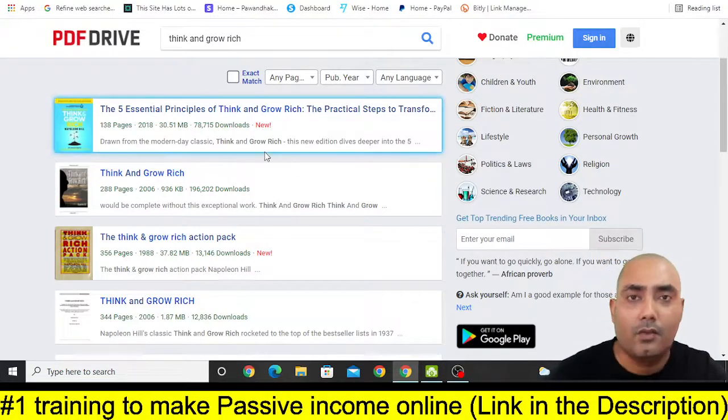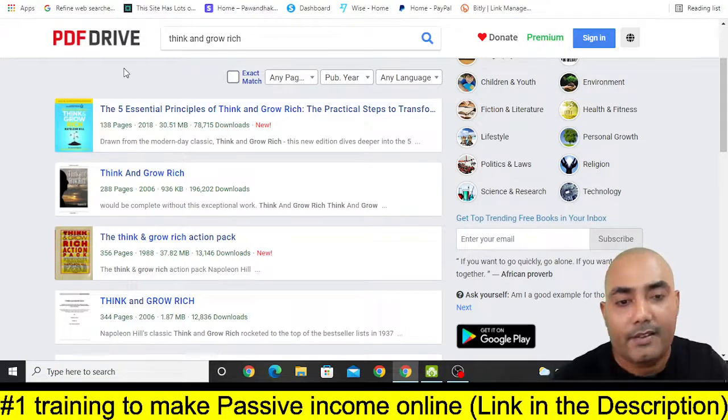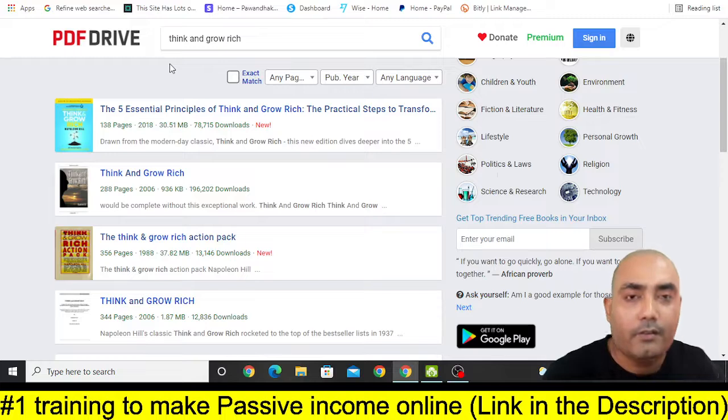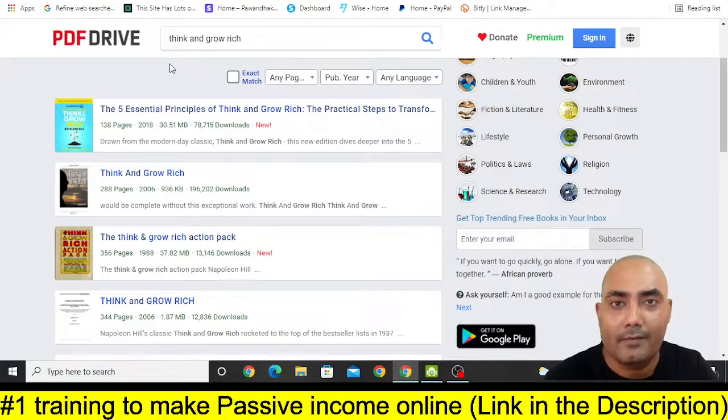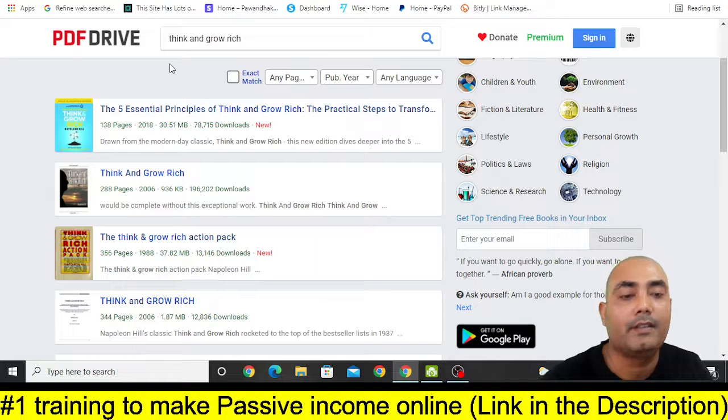You can search on Google about popular books and come to this pen drive and paste the name of the book. Also, you can read this kind of self-help book, because it will only grow your knowledge, okay. You can read lots of books in this way also. Now these are some premium books that you can get absolutely free, so there is no minus point in reading this kind of book.